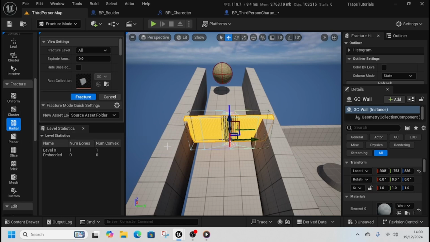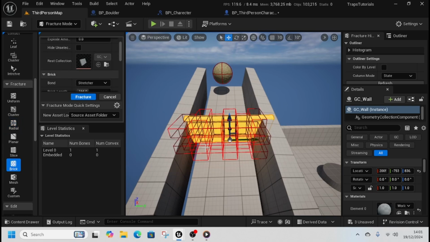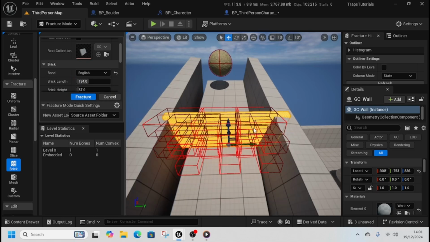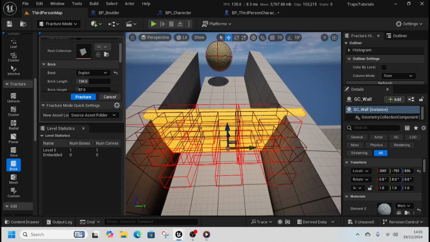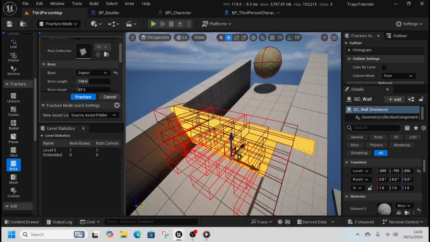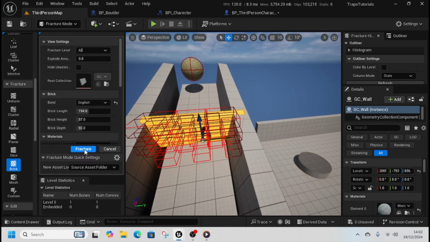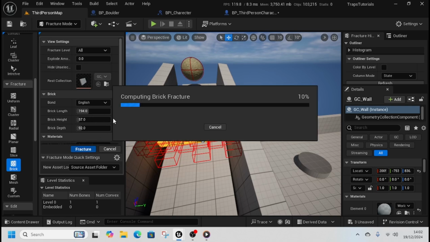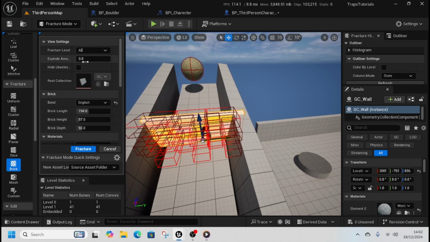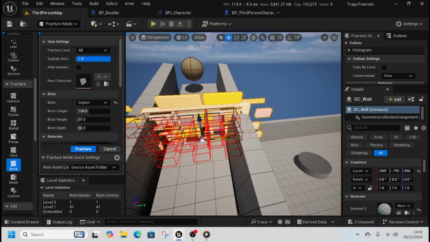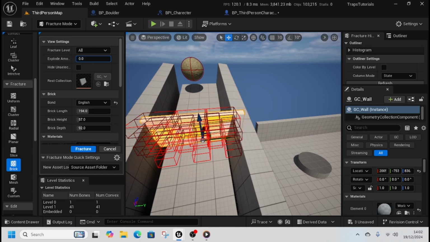So we're going to do radial. We want it to break in the middle, hopefully where the boulder hits it. Or we could do brick. We'll make them English bricks, best kind of bricks. And that shows you where the bricks will be and how it will explode. So we'll click fracture. It's making all the bricks that we need, and then when we explode it, it will show you where the explode happens. Okay,